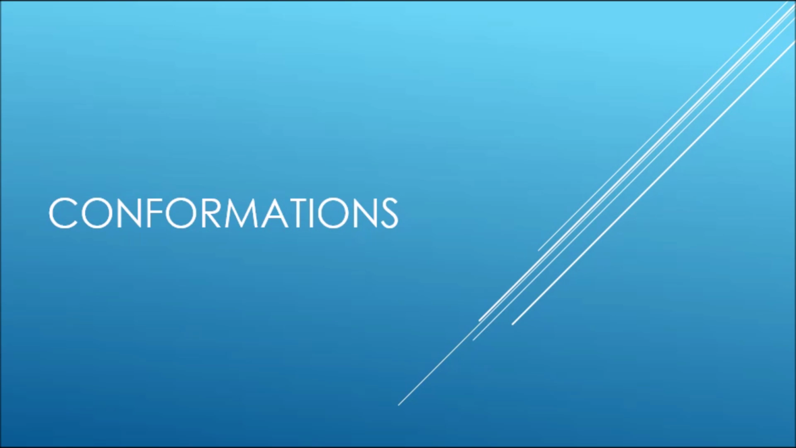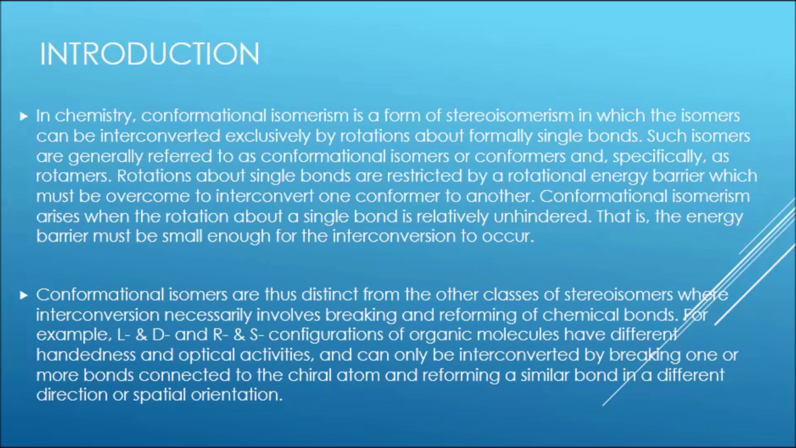In chemistry, conformational isomerism is a form of stereoisomerism, in which the isomers can be interconverted exclusively by rotations about formerly single bonds. Such isomers are generally referred to as conformational isomers, or conformers, and, specifically, as rotamers. Rotations about single bonds are restricted by a rotational energy barrier, which must be overcome to interconvert one conformer to